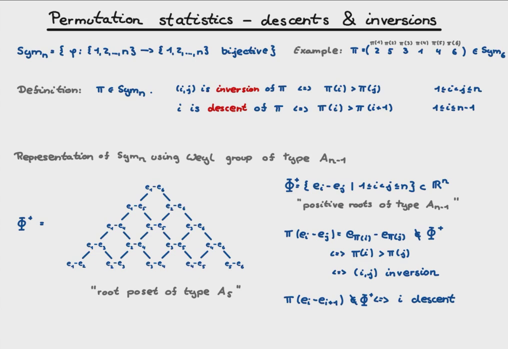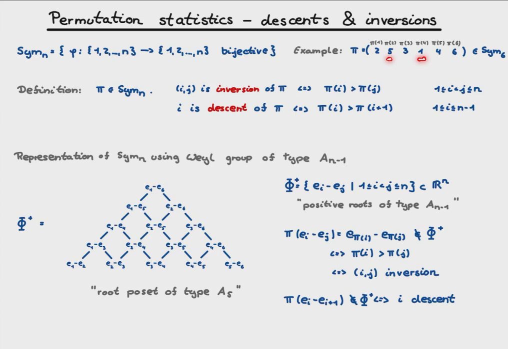For the elements of the symmetric groups, two very well-known statistics are called inversions and descents. Taking a permutation pi of length n, a pair i, j with i and j between 1 and n, and j being greater than i, is called an inversion of pi if and only if pi of i is greater than pi of j. And taking a look back at the example once again, one notices that, for instance, the pair 2, 4 is an inversion because pi of 2 equals 5, and that's obviously greater than pi of 4,